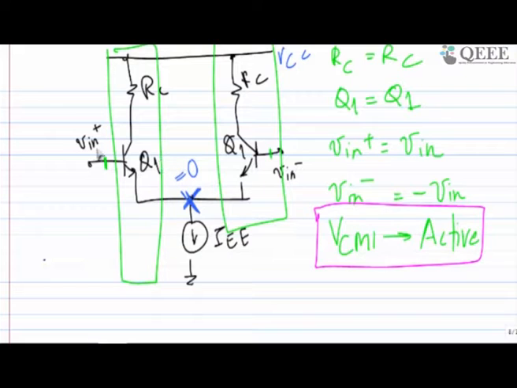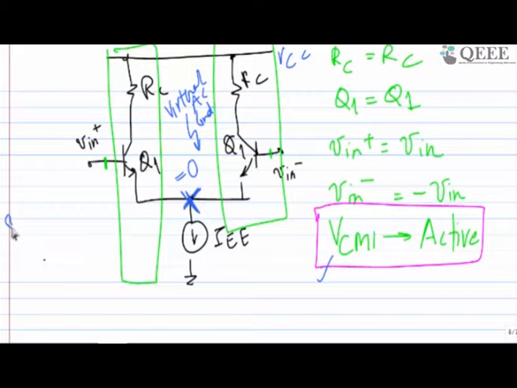It's 0 because I'm applying differential input, and this point we are going to call virtual ground, virtual AC ground. If you call it virtual AC ground, it will be good for you because you always remember that it's an AC signal. It's not a DC when it's becoming ground. So if you apply input common mode voltage, and in the presence of only input common mode voltage, this is not going to be 0.